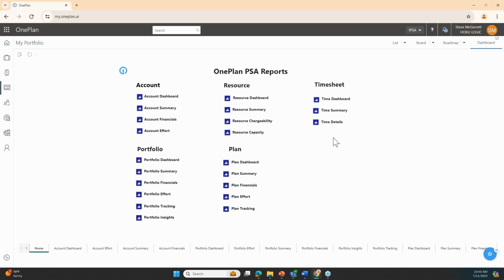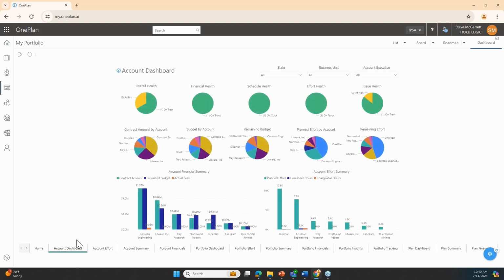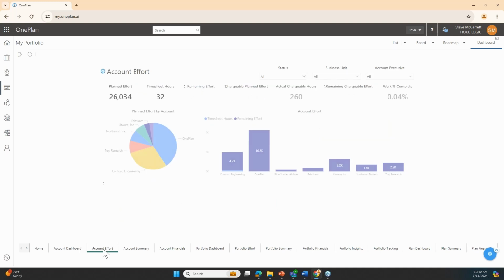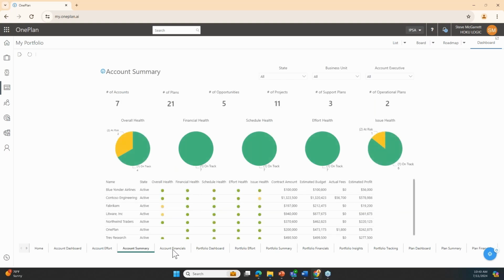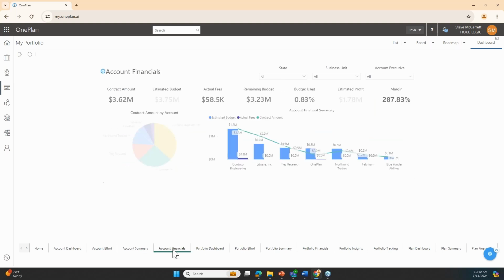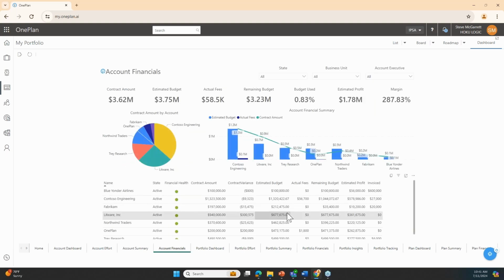So from an account perspective, and this is important as well, OnePlan supplies a large number of dashboards across many different types. You can see that there's a ton of eye candy associated with them, but they are yours to manipulate and to change as you see fit. They are available out of the box. These, of course, are all exportable, which I think is a key component as well. And in the end,